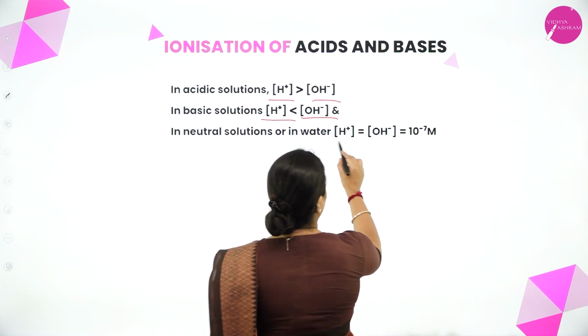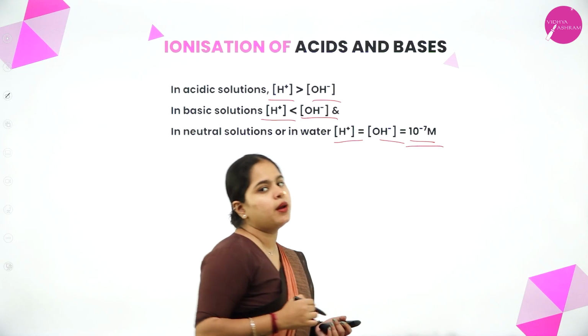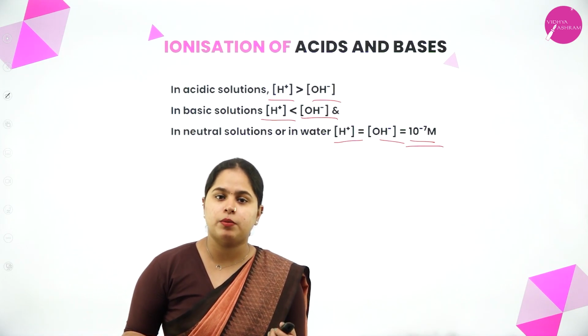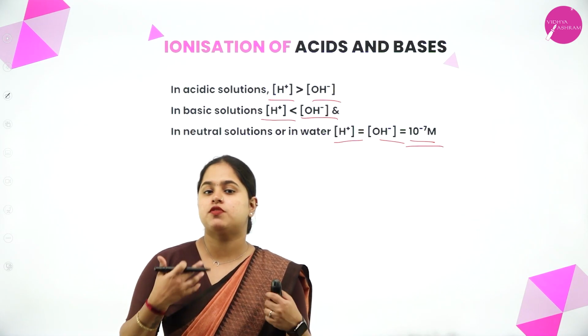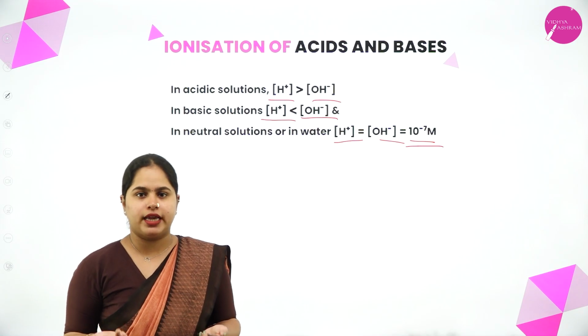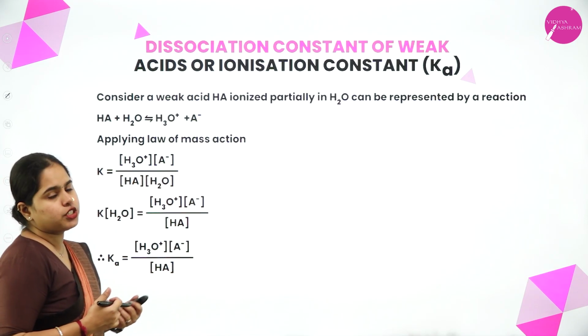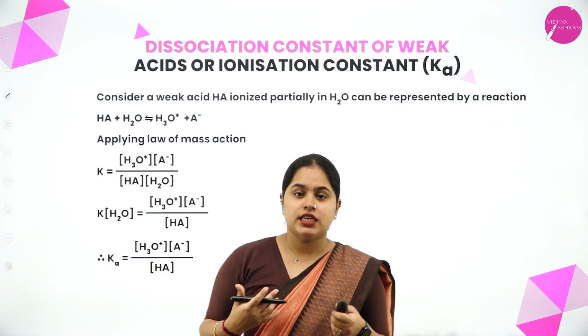H plus ions and OH minus ions will be equal, which is equal to 10 to the power minus 7. So in a neutral solution, the molar concentration of H plus and OH minus will be equal, which is equal to 10 to the power minus 7. Now we are going to study the dissociation constant or ionization constant of a weak acid,